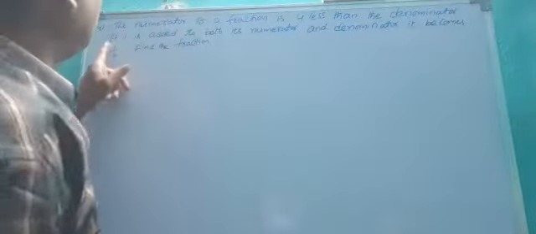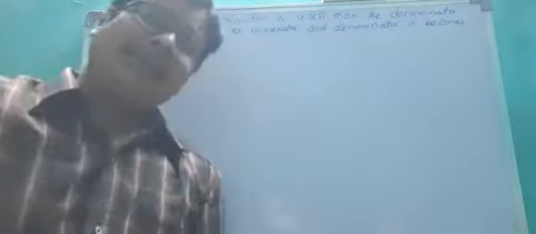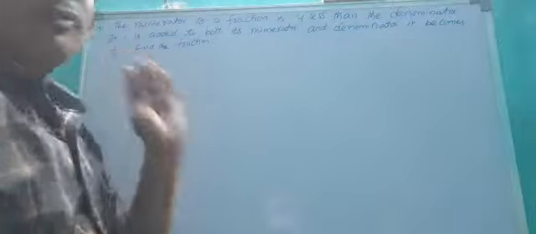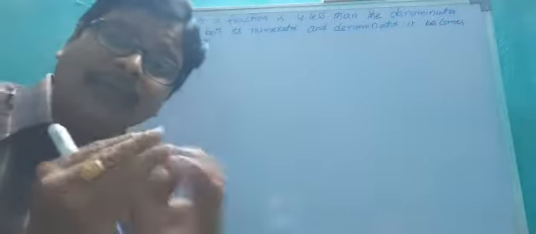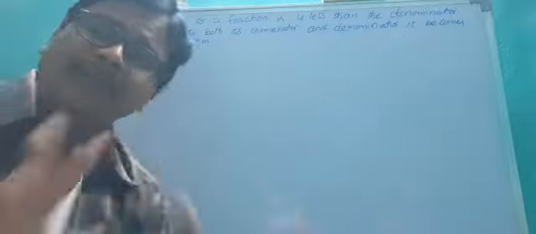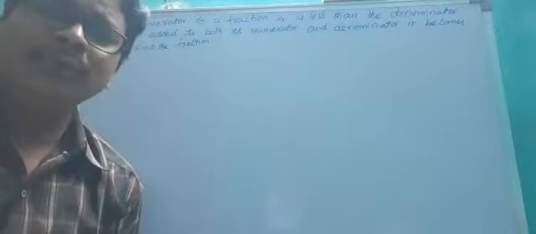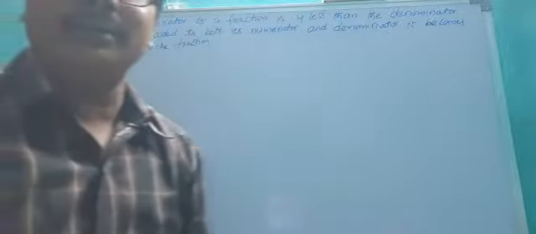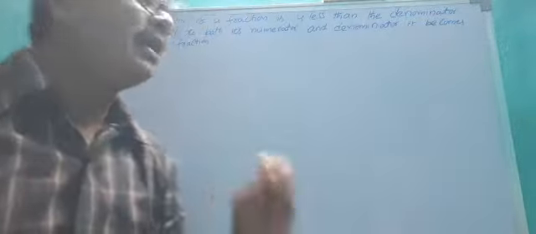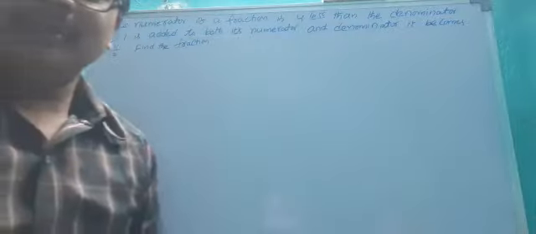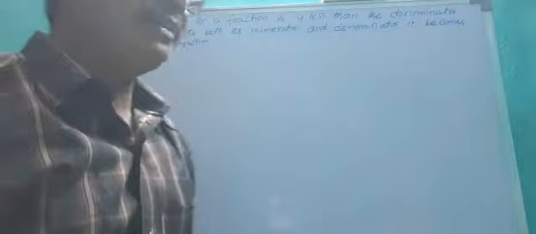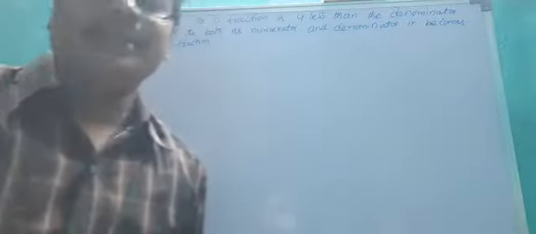If 1 is added to both its numerator and denominator, it becomes 1 by 2. Here, the numerator is not given and the denominator is not given. But you know one clue: you add one to both numerator and denominator, and it becomes 1 by 2. Find such a fraction. But one clue is there: the numerator of a fraction is 4 less than the denominator.